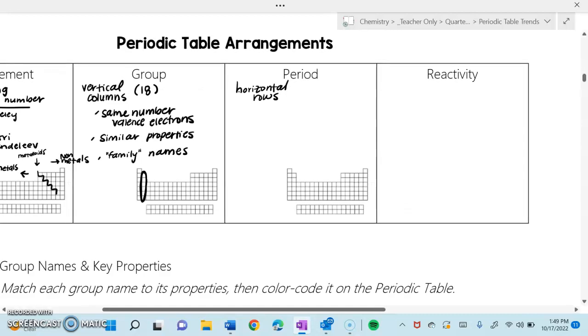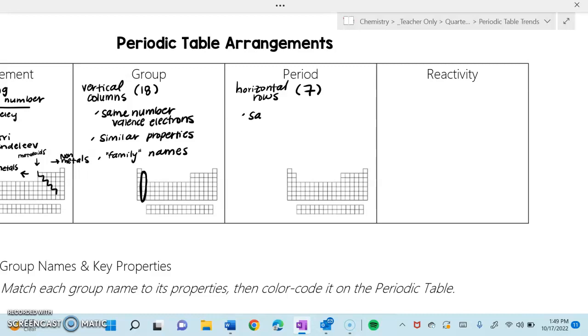Periods are the horizontal rows. There are 7, just like there's 7 class periods in a school day. There are 7 periods or rows on the periodic table. And these rows represent the energy level of the valence electrons. So in a given row or period, all of the electrons of those elements are being added into the same period or energy level of the atom,